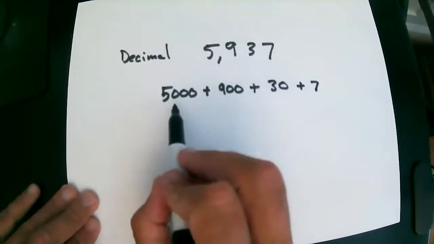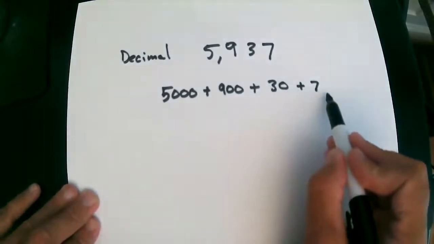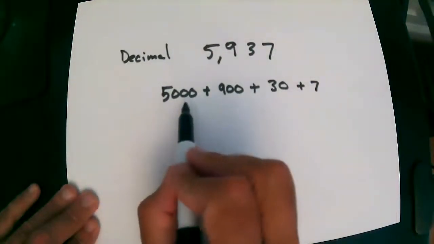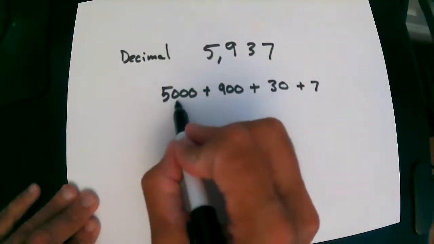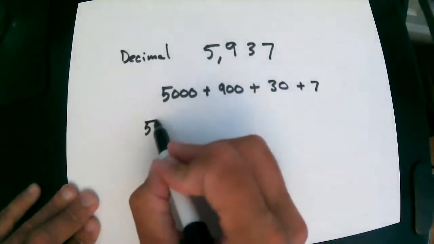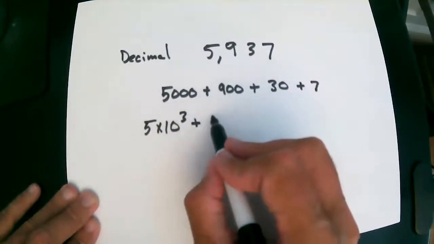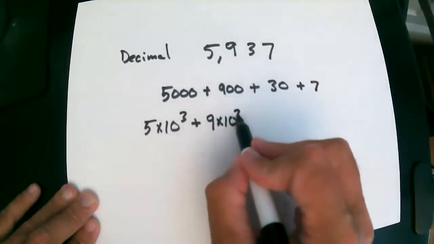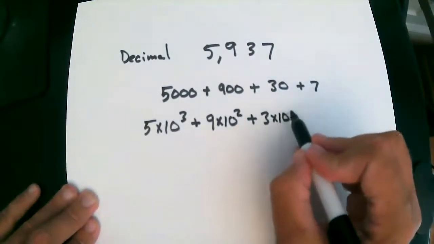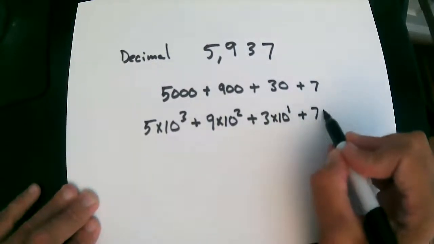And then I have another pattern happening. If you look, I've got 3 zeros, then 2 zeros, then 1 zero, and then no zeros. And what I'm noticing is that I've got powers of ten. So instead of expressing it as 5,000, I could say it is 5 times 10 to the third power. And this will be 9 times 10 squared, because 10 squared is 100. And 3 times 10 to the first power, because 10 to the first is 10. And then this is 7 times 10